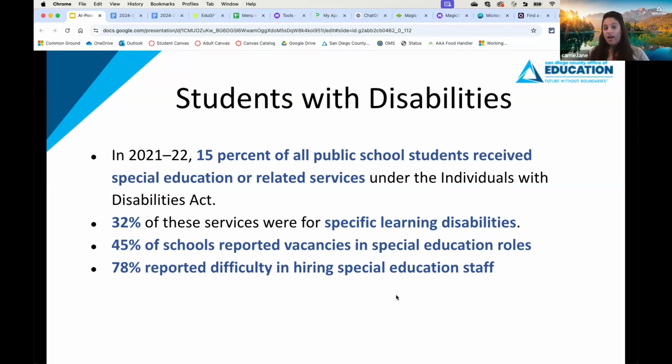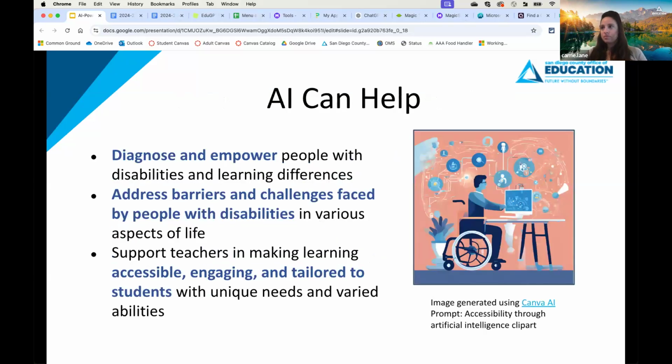What is interesting with AI is there are a lot of repositories there that now focus on information that we can use, whether you are a special education staff or just a general education staff member who's looking to really incorporate best strategies. Now there are AI tools that can give you information, chatbots that focus on information about specific disabilities that can help you out. So while it's still a huge problem that we have difficulty hiring special education staff, there is something that we can do with AI to support our teachers as they support students. Okay.